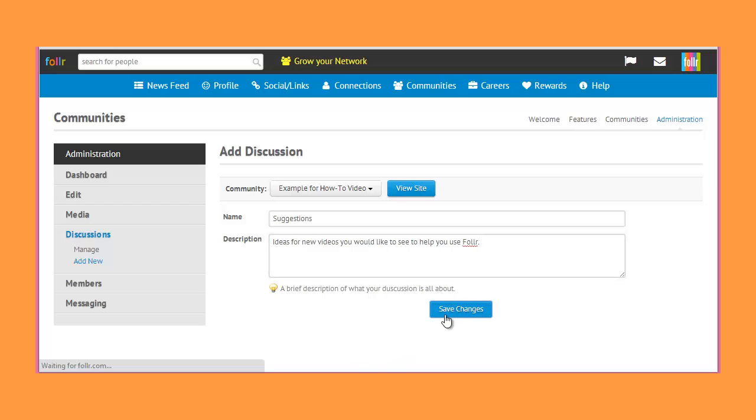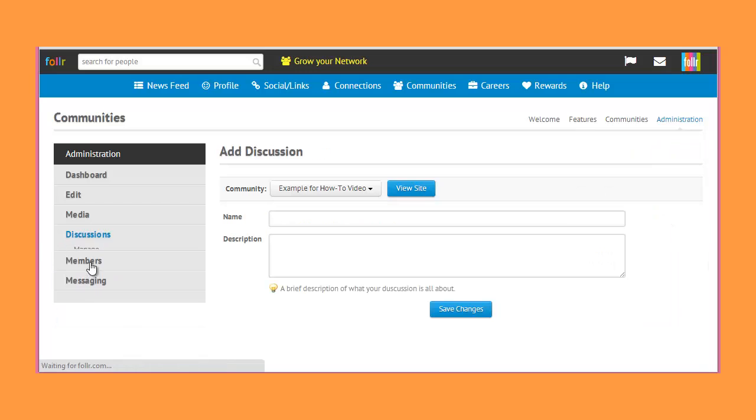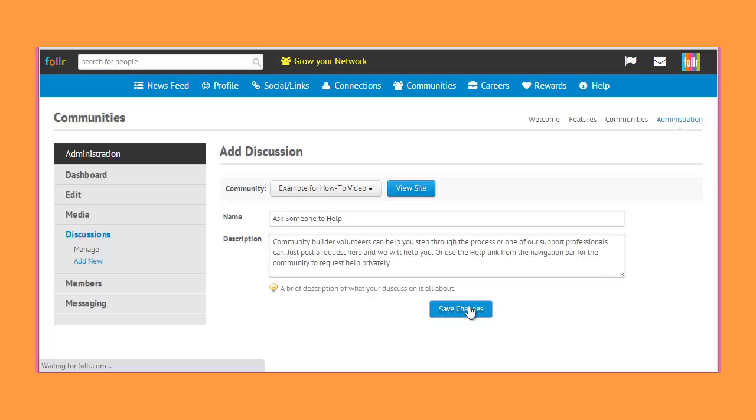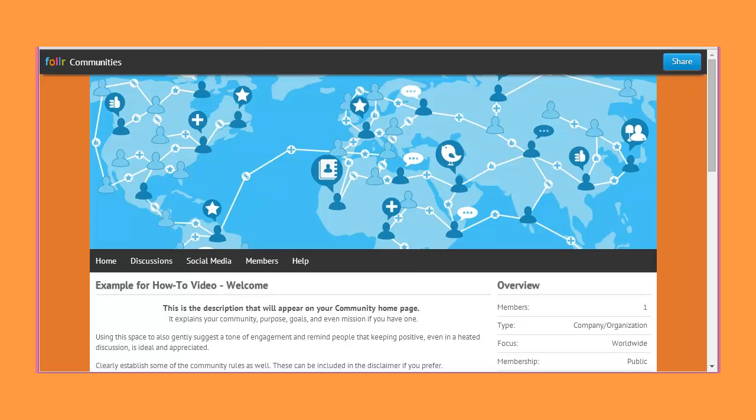We will be adding the reordering option at some point, as we have seen in the other areas, because obviously you may want to create the topics and then realize you want them in a different order. Don't worry, the community will get used to it. So create another one. So let's say ask someone to help you if you don't know how to make a graphic or build a site, or ask us. Save changes. It's my mantra. And here you have it. So we'll scroll down,